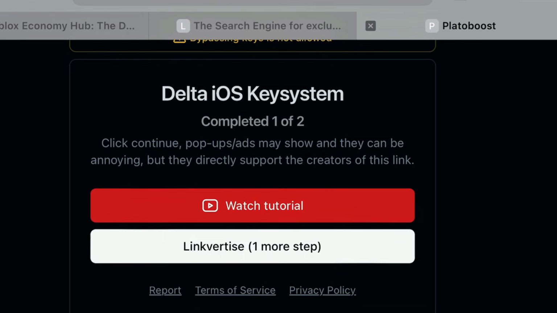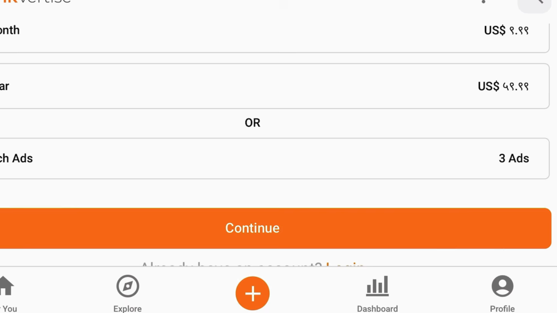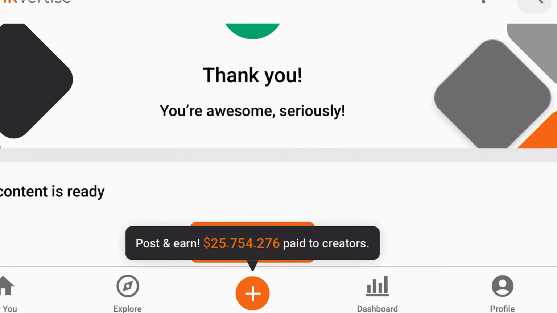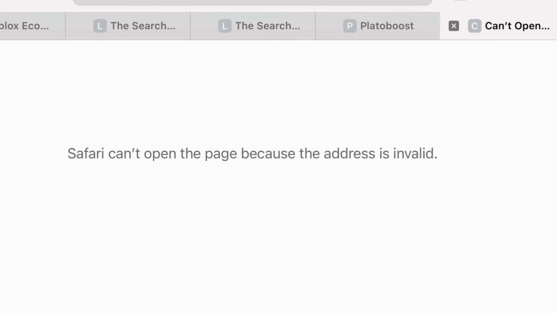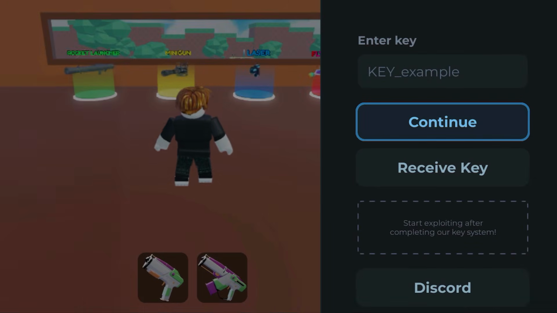Now just one more step, tap on Link Buddies. Scroll down, get link. Scroll down once again, choose watch ads, continue. Skip ad, skip ad. Now finally you can scroll down and tap on open, continue, close this tab, once again continue, and this is the key here. You can just copy. Once you've copied, go back to Roblox Delta Executor and just enter the key,